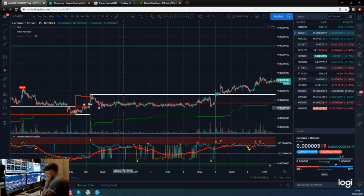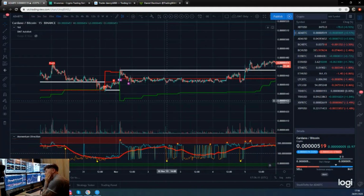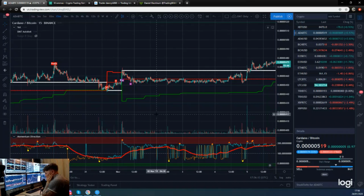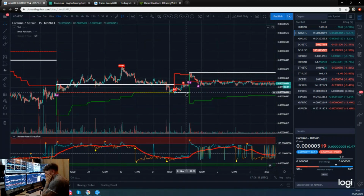So yeah, that was unfortunate, because then we did obviously go into a good uptrend. But obviously I'm telling you how the bot would be programmed. We had a sell stop loss and the buy and profit. The bot would be programmed, but